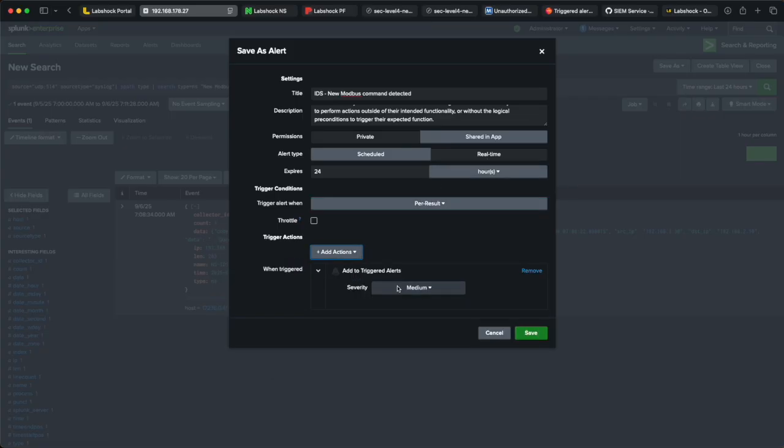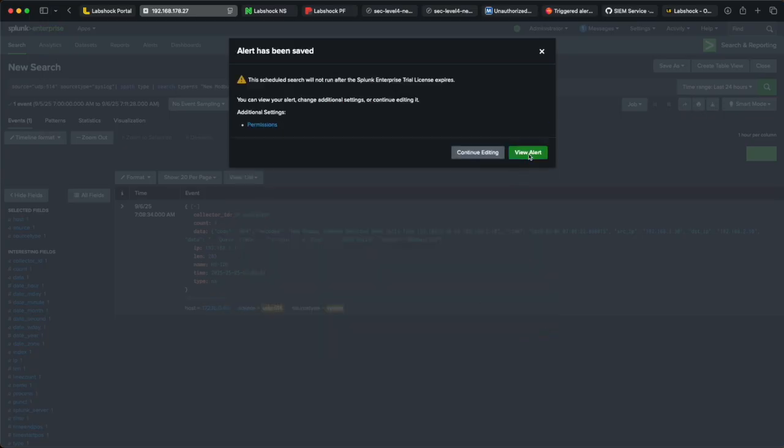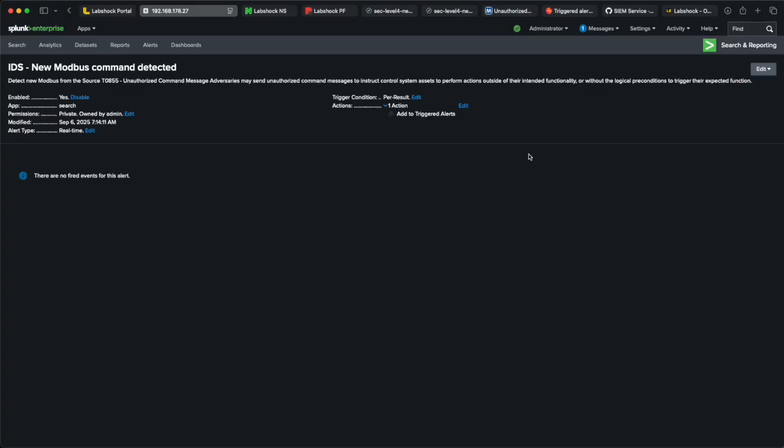Add action, triggered alerts, maybe some high severity, but of course you need to understand that it can cause you a lot of false positives. All the IDS things go into false positives by default. But it's an IDS problem to remove these false positives. It is not our topic today. IDS new Modbus command detected. Yeah, let's go